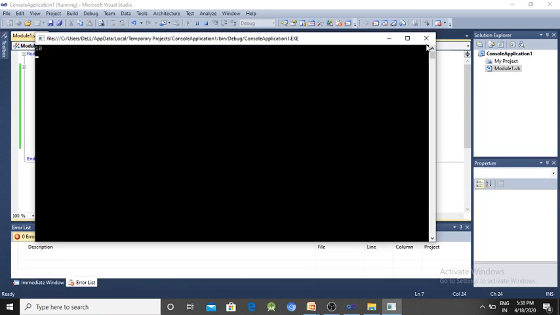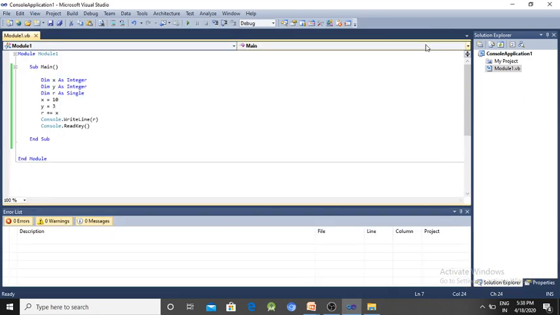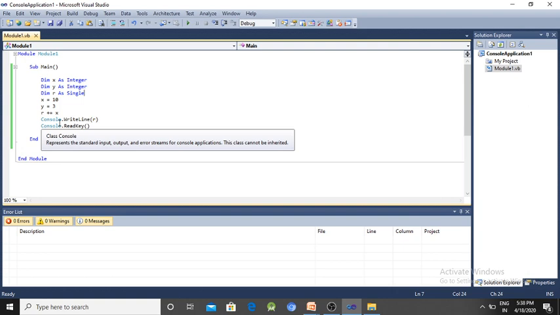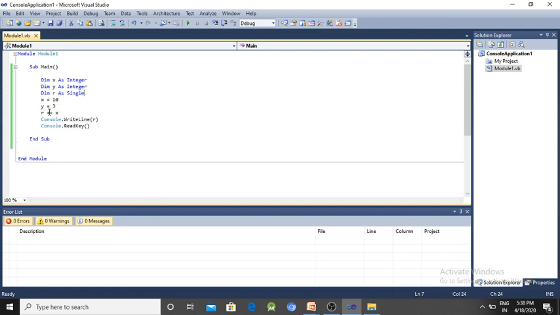The output is 10, no problem, because when we print the value of r, it prints 10 on the screen. For assignment followed by addition, suppose the value of r is 5 and we write r plus equal to x, then the output will be 15.